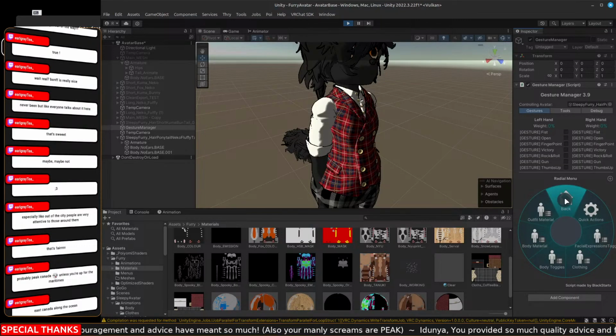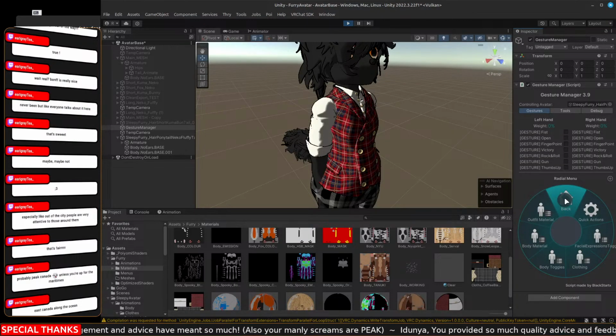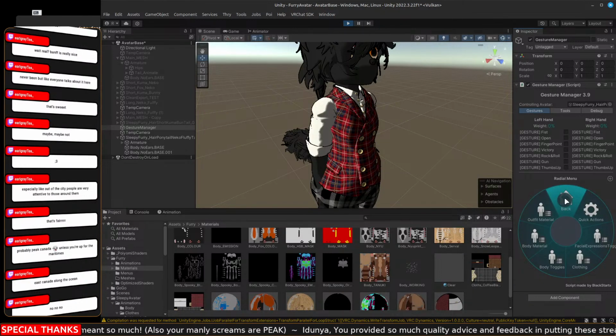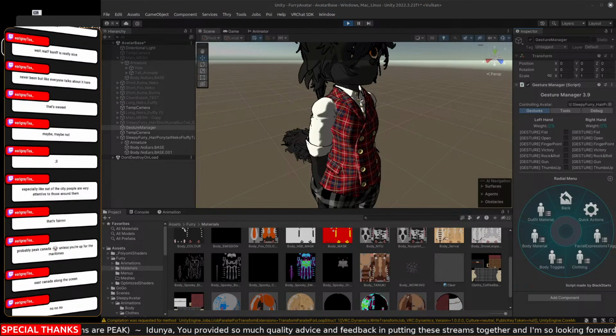East Canada along the ocean. Yeah, let me remember East. Oh, is that like the French-speaking parts? Yeah, the French-speaking parts, Canada. No? Oh, not that far east? Like Nova Scotia kind of area? You know what? Let's go